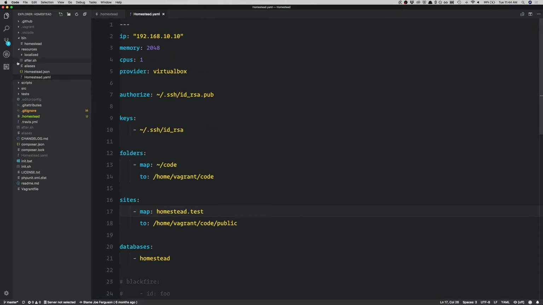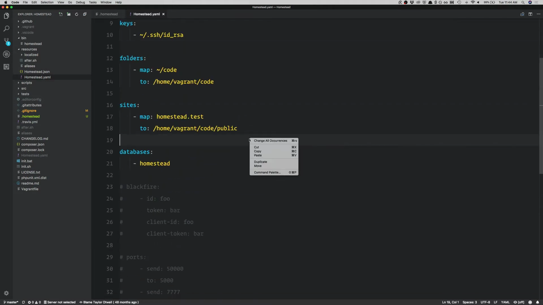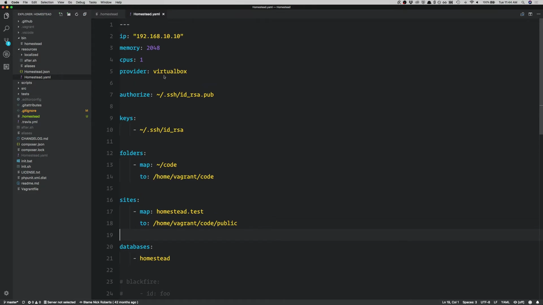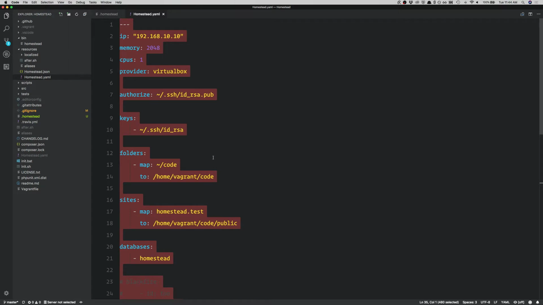I'm in the Homestead folder under resources. They have this homestead.yaml file, which I think is just a copy that it drops in. This is the copy that it uses to generate a Homestead file for you initially. So I'm copying this Homestead back and I'm taking that over to